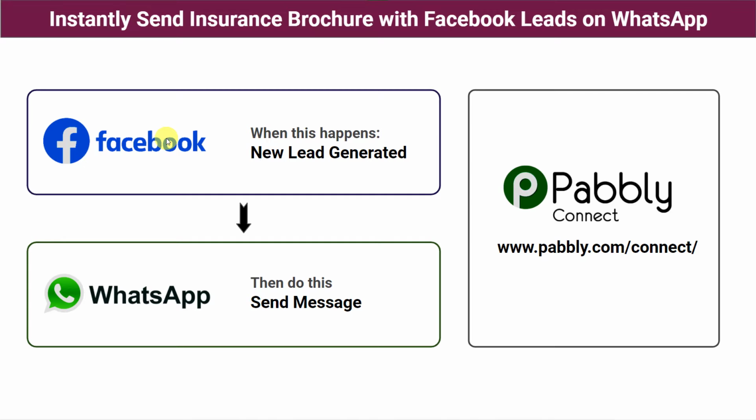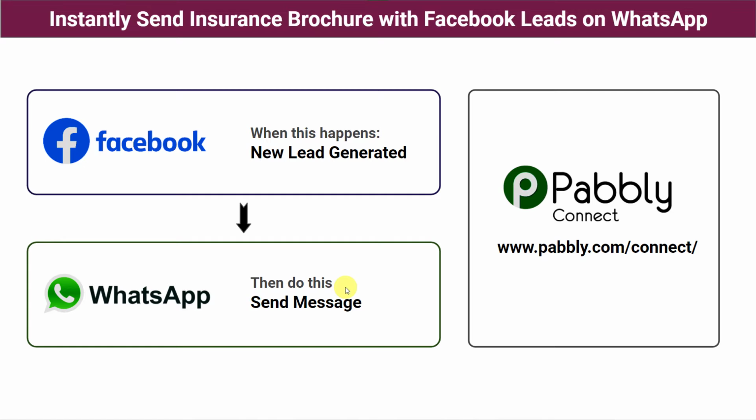Now, you want to reply to all those leads on their WhatsApp along with your insurance brochure or your flyer link of the business. In this way, you will be able to interact with each and every lead quickly, which can ultimately bring more sales and profit to your business. For doing this, you have two options. First, do it manually. Take the details of your leads from the Facebook lead ad form, compose a message in WhatsApp, then attach your insurance brochure and send it to the leads.